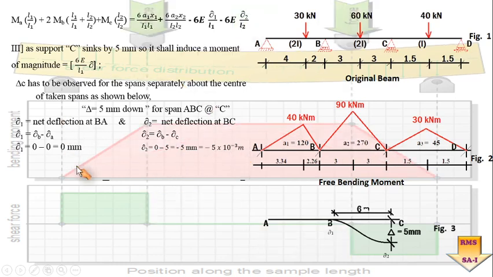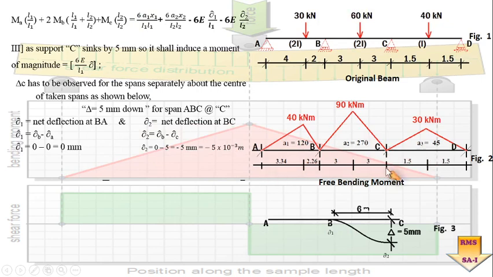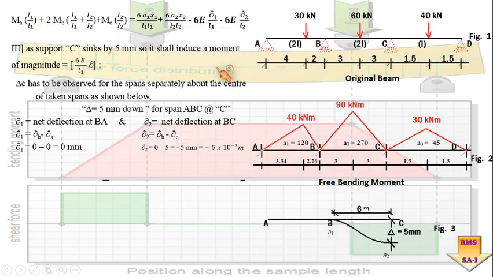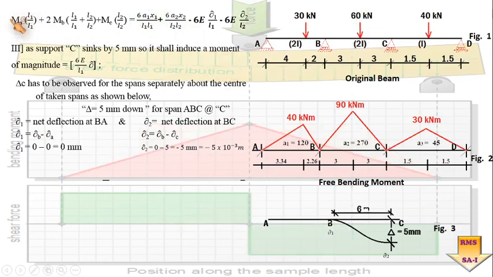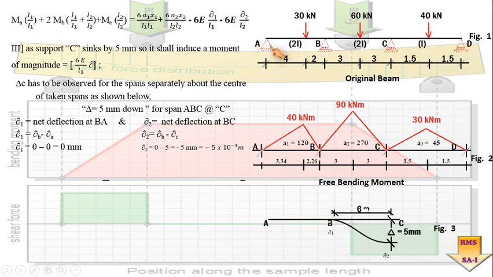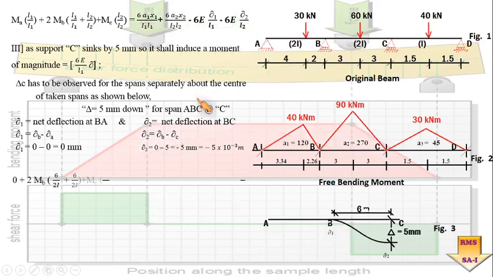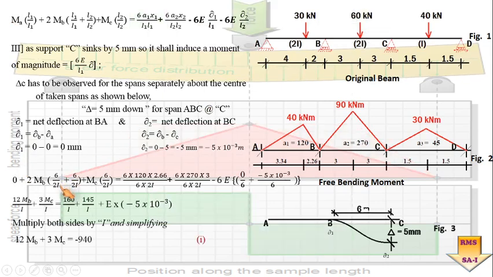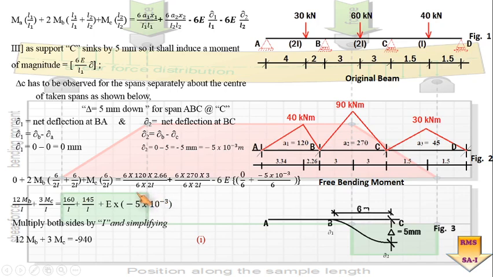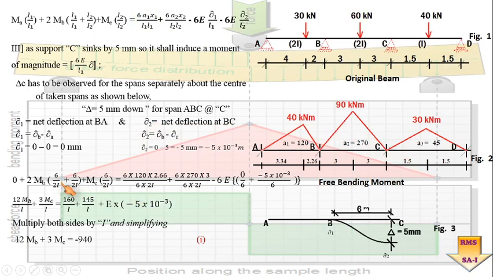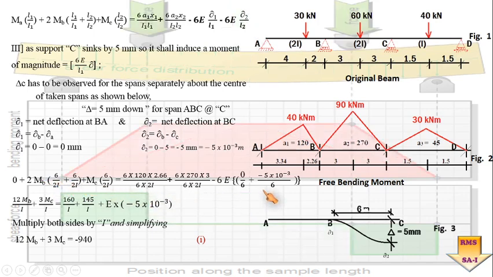All these various values, that is a1, a2, a3, x1, x2, x3 and delta 1 and delta 2, are now to be substituted in this, and beyond that one more value we know, that is MA is equal to 0 due to the extreme support, which is simple support. So substituting back all these values in this governing equation, what we have is this. MA is equal to 0, the values of moment of inertia are different, so utmost care is to be taken while substituting the value of moment of inertia for the corresponding span. I have substituted all the values here.